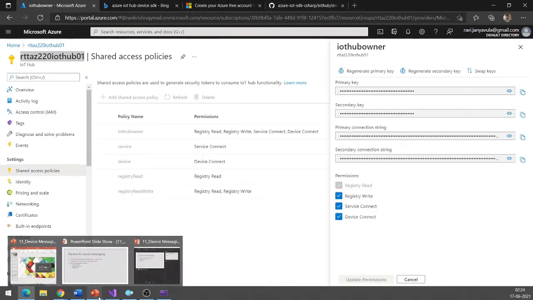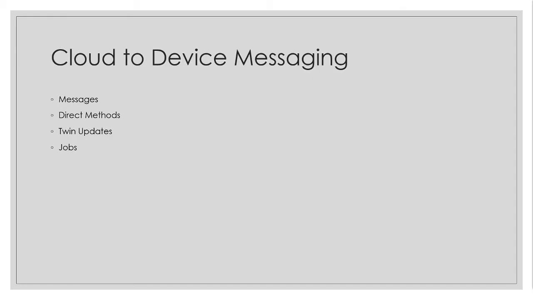Let me switch back to the presentation. For cloud to device messaging, we can directly send messages in binary format, or we have direct methods. Direct methods are nothing but methods or functions written using the Azure IoT Hub SDK, and those methods are available on the device level, and you can call them directly from the cloud.